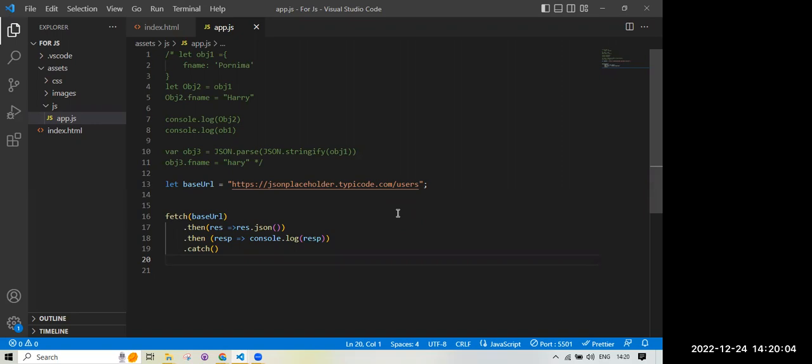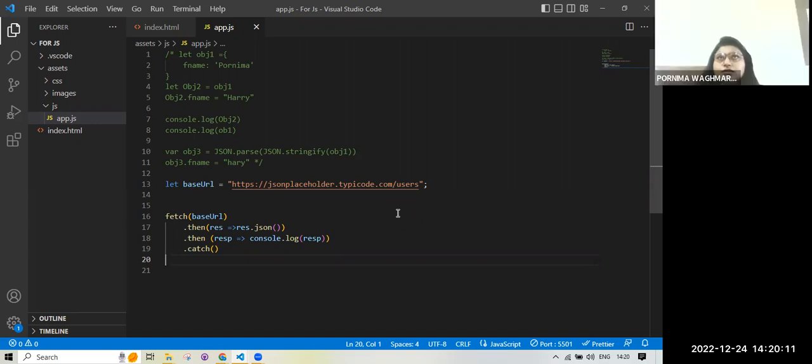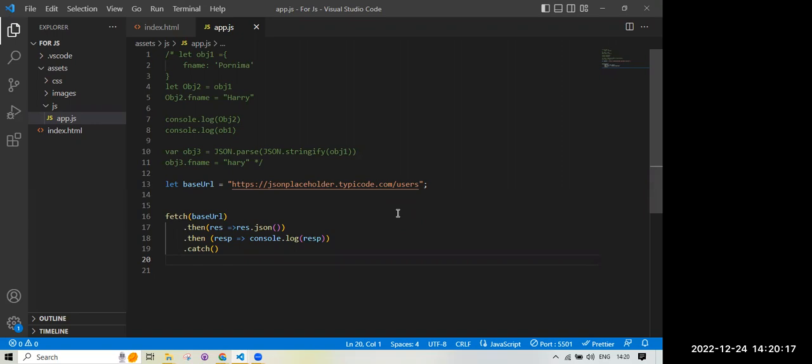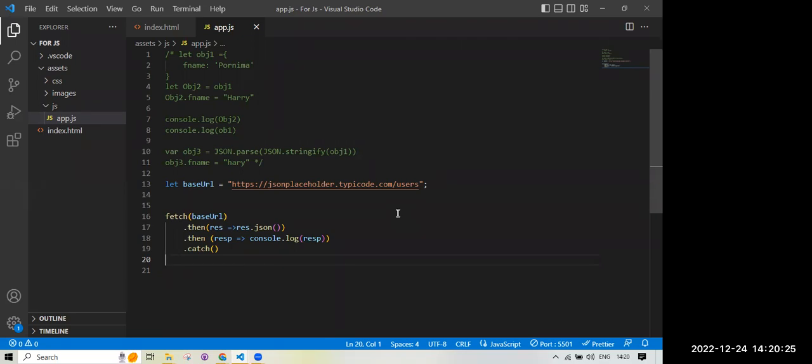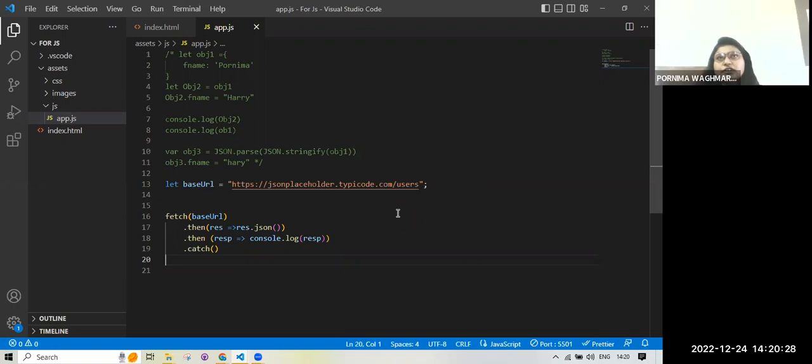Do you know some authentication used in routing? Yes, canActivate. I used canActivate, but I'm not able to elaborate on it.